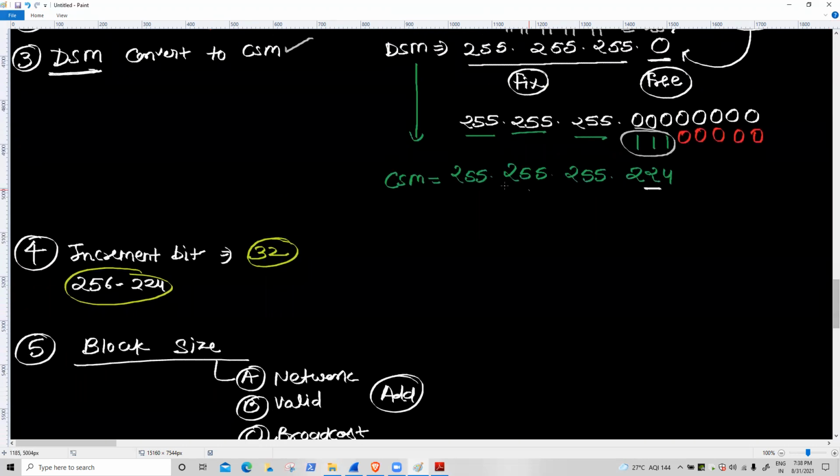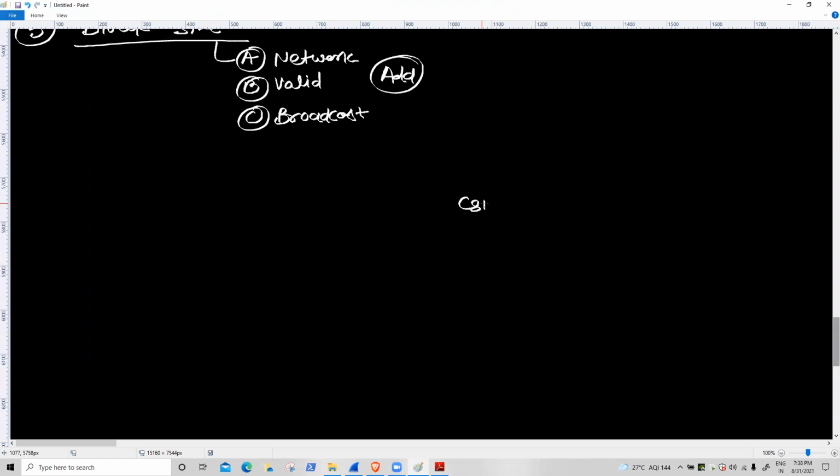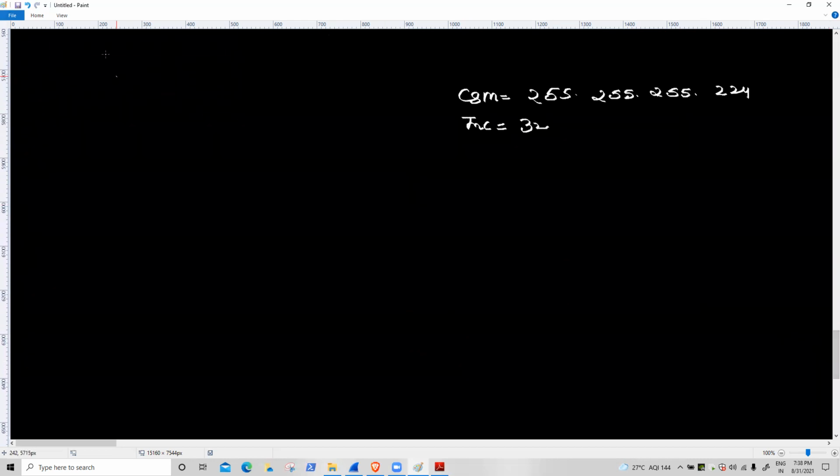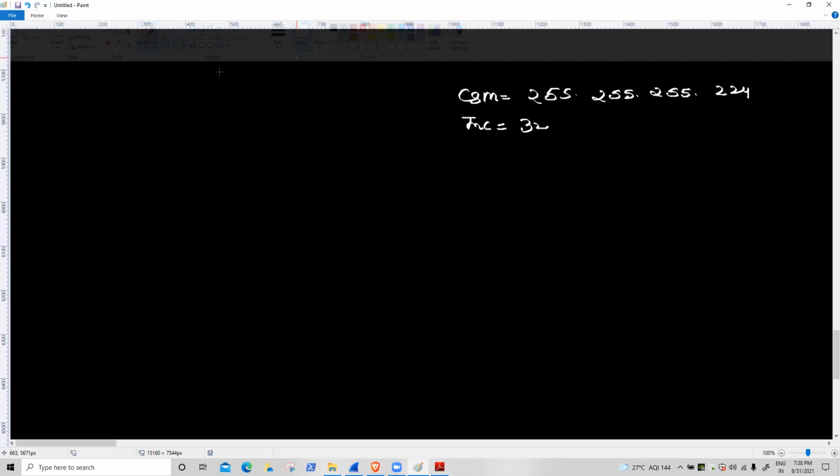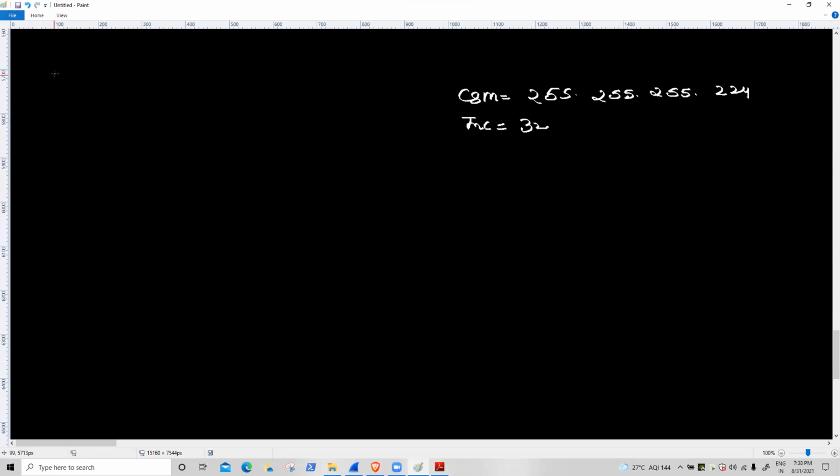Right now, your CSM is this one. Write down the first CSM value. Customized subnet mask 255.255.255.224. And right now your increment bit is how many? 32. Very simple. Right now for 20 users, we need to get a network, broadcast, and valid IPs.